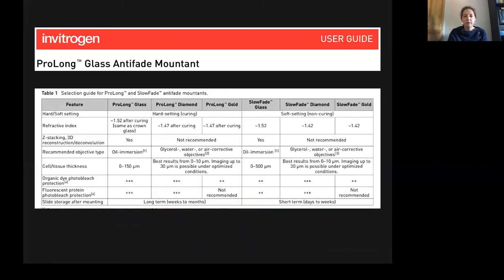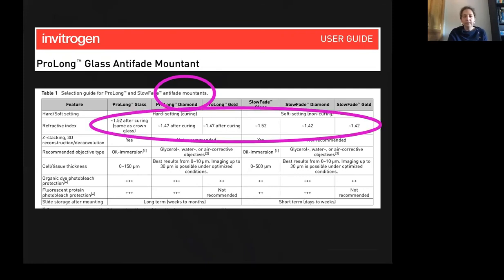This table shows some commercially available mounting media. I have no commercial interest, but I show this table because it has useful information for the purposes of this talk. People are often familiar with the advantages of using a commercial mounting media because of the antifade properties that they have. However, they also have the property of having a raised refractive index compared to that of water or your sample staining buffer. That means that if the sample is allowed to equilibrate properly with the mounting media, the refractive index of your sample will be raised. These mounting media are simple immersion clearing agents.